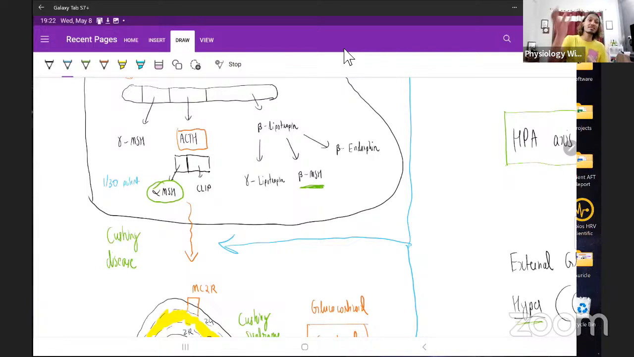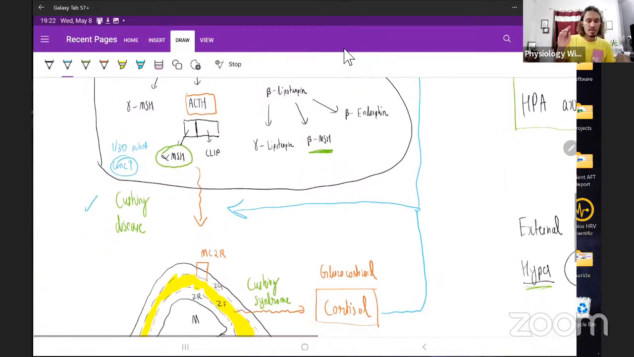But when ACTH is very high and the concentration of this is high, then this becomes predominant and starts acting in the same way. So this can happen in two scenarios, anywhere where ACTH is high. One, it can happen in your Cushing's disease, where a lot of ACTH is being produced. Two, it can happen in